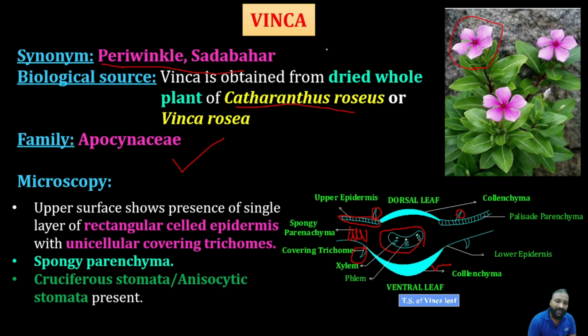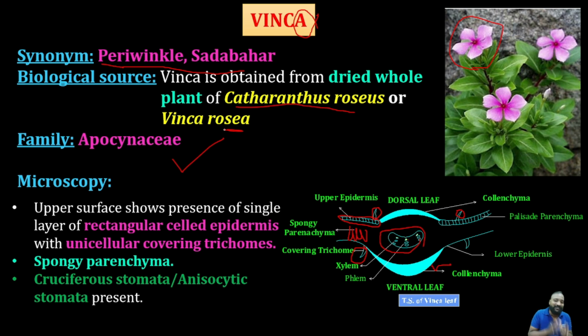So for stomata, Vinca ends with A, anisocytic. Vinca rosea has S. Okay, anisocytic, because I'll give you a hint: Vinca's spelling ends with A. So it consists of anisocytic stomata. But how can you remember that? Because anomocytic will be there, anisocytic will be there, actinocytic is also there. But with this hint, another hint is that Vinca rosea consists of S. So anisocytic, Vinca rosea. Okay, I think you understood my trick.